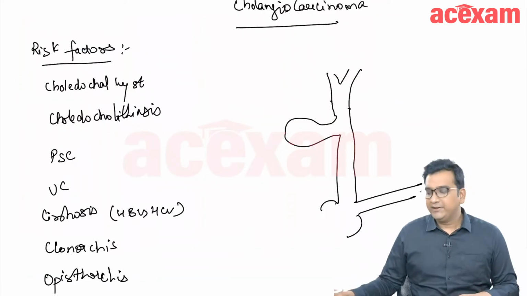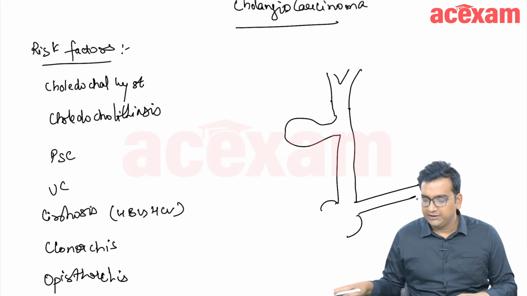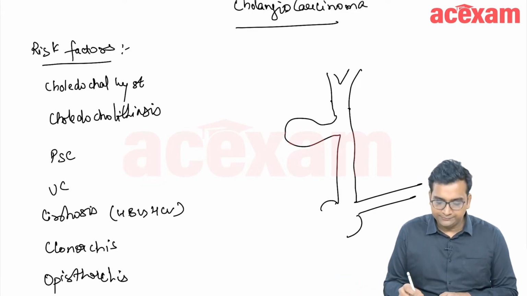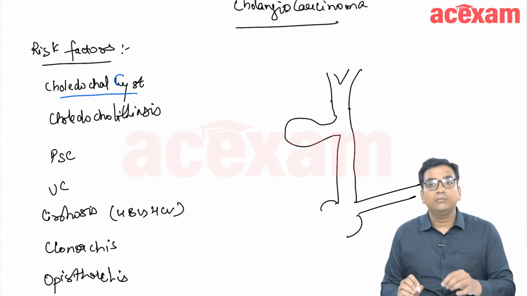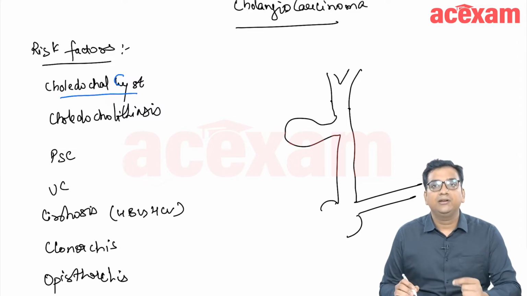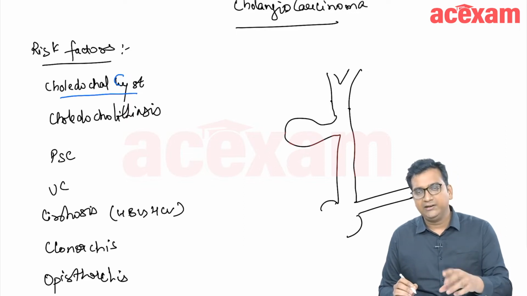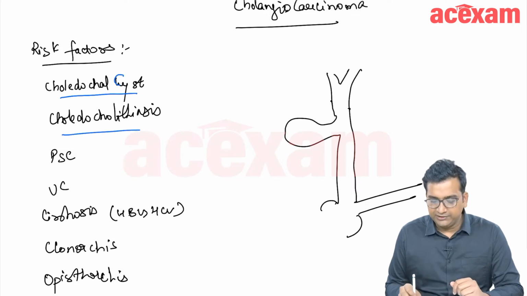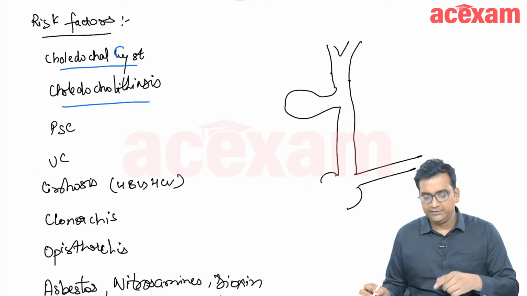So the next topic that we are going to start is cholangiocarcinoma. What all are the risk factors for cholangiocarcinoma? The risk factors are choledochal cyst. Most common site of cholangiocarcinoma in choledochal cyst is intracystic cholangiocarcinoma or cholangiocarcinoma of the bile duct, most commonly from the posterior wall. Then the next is presence of CBD stones, primary sclerosing cholangitis, ulcerative colitis, cirrhosis,